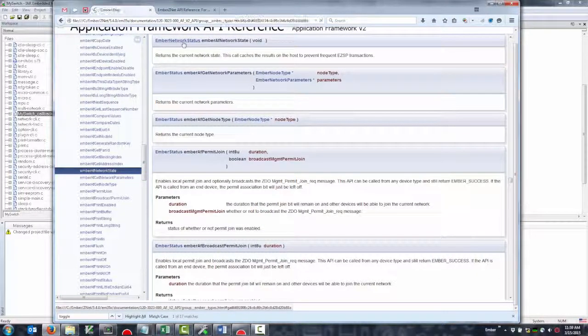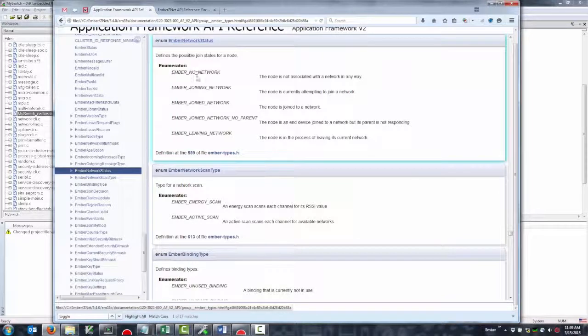And our variable statuses are no network, meaning it's not associated at all. Joining network, which means we're on our way in, but we're not ready yet. Join network, meaning that everything is stable and you're properly joined or formed into a network. Join network no parent, meaning you're some kind of end device, but without some kind of responsive parent, or possibly in the midst of rejoining the network. And then leaving network, which indicates that you're on the way out